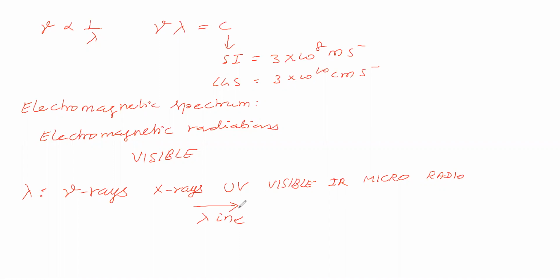Which are electromagnetic radiations? Gamma rays, X-rays, ultraviolet rays, visible rays, IR waves, microwaves, radio waves. These are electromagnetic radiations. They have wave characteristics: wavelength, frequency, wave number. Here we said the order of wavelength. This is an electromagnetic spectrum. Next we will take